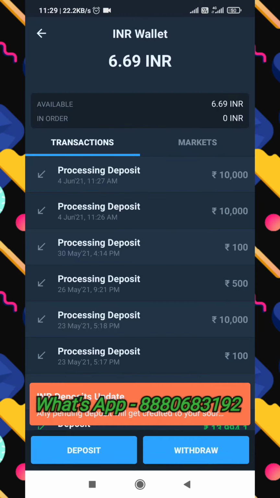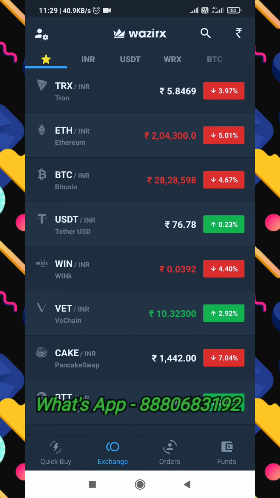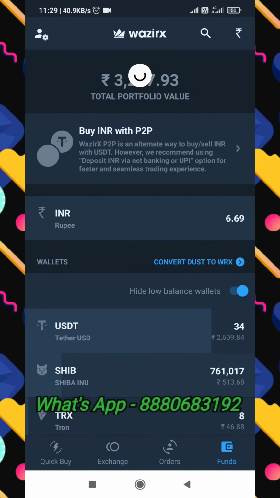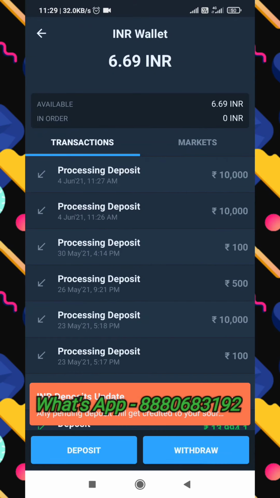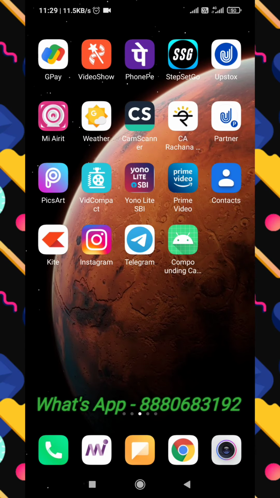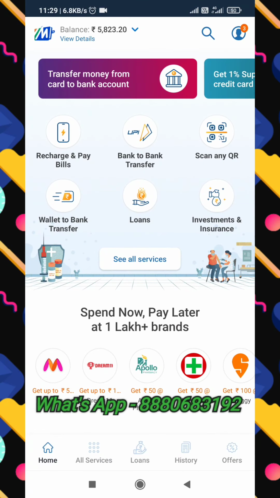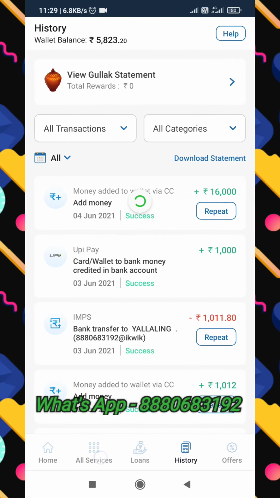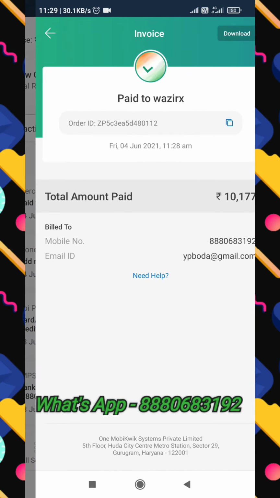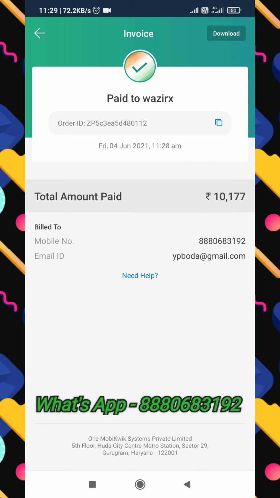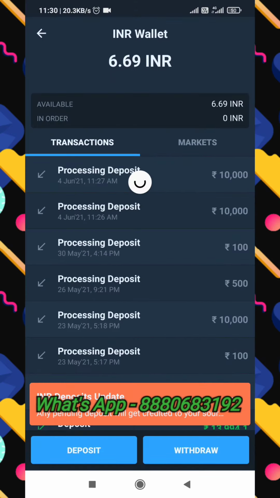account. So let's wait for it, and in the meantime we will check in my MobiKwik application also, because sometimes what happens with these third party applications, mobile pay, PhonePe or Google Pay or MobiKwik, anything, is that the amount will be deducted and after some time it will be refunded. So I will be checking here. So it is completely paid, no need to worry at all. From my end everything is done. Now waiting for the WazirX and MobiKwik team, they will be adding the fund to my wallet.